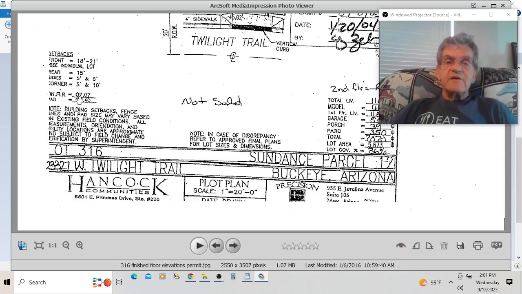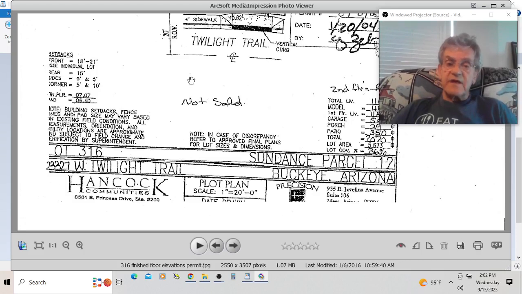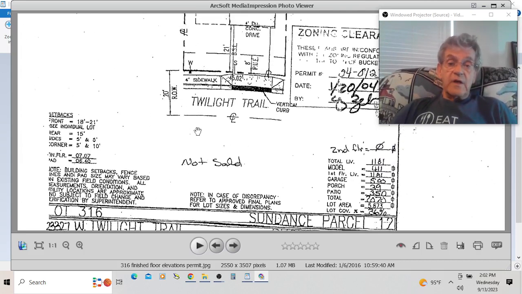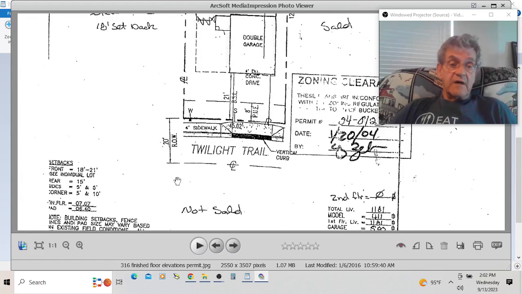It reads 707. So they took 0.2 away from this value. 0.2 divided by 0.08 comes out to 2.5 inches. They lowered my floor elevation without telling me. They did it against what the note said on the front of the